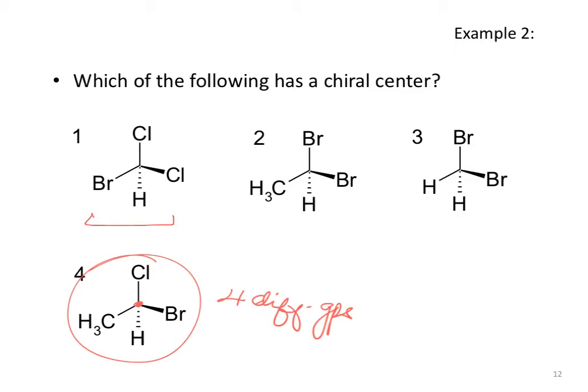Notice we are putting down 1, 2, and 3 in a 3-dimensional space. That means that there is a solid bond and a dash bond, but that does not mean that there is chirality. A lot of times students just look for, oh, it's written with a solid and a dash. I could put methane in a solid and a dash, all right? So keep that in mind, that you must make sure that the groups that are present are 4 different groups. All right. Let's take a look at maybe another